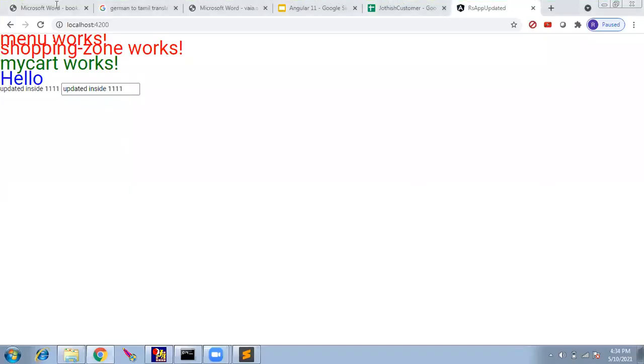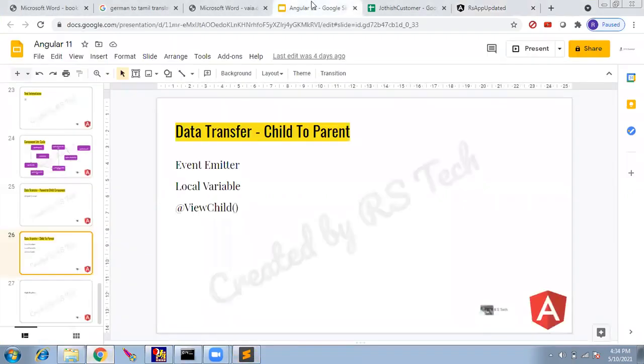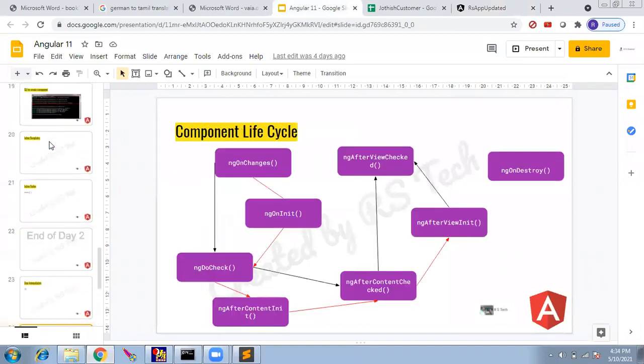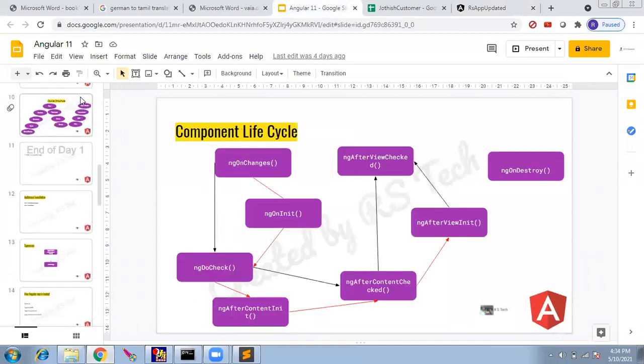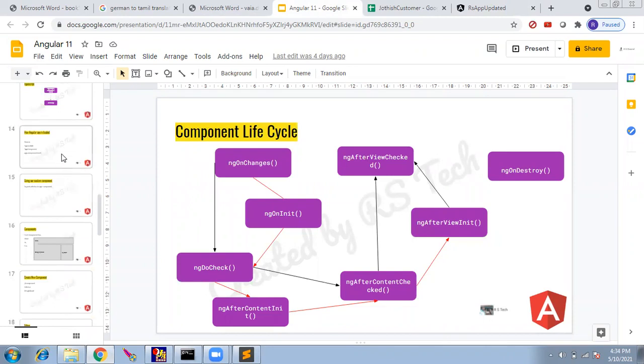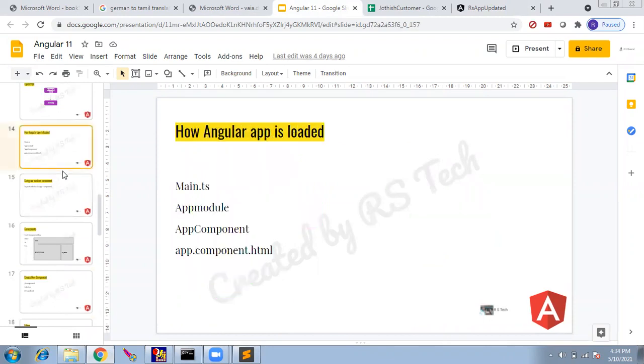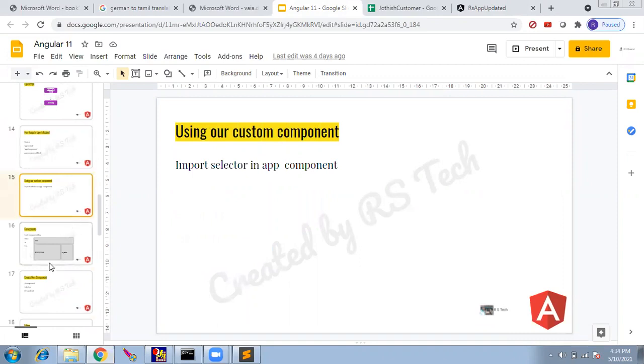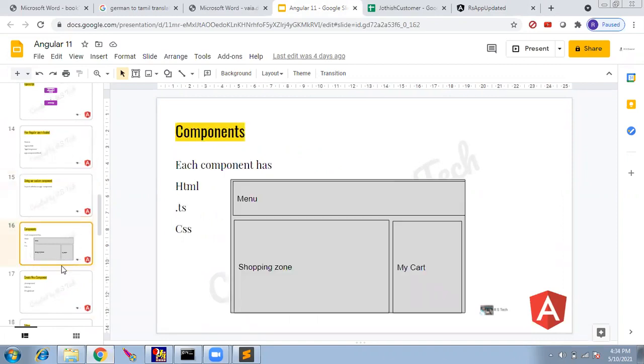Good. So this is where we stopped. Just a quick summary of what we did. We went through what is a component, how to create a component. We saw how the Angular app is loaded. Then how we created a component using ng g c,